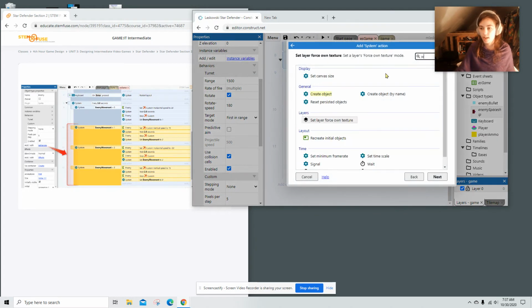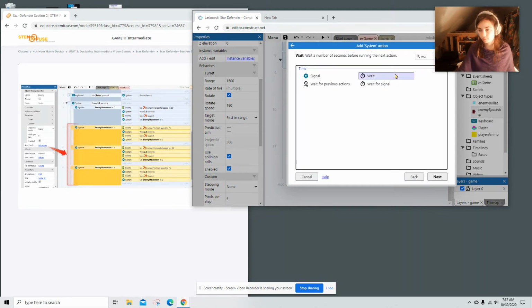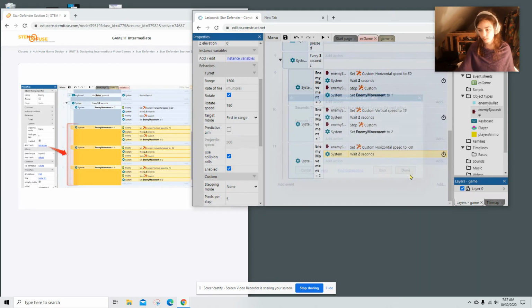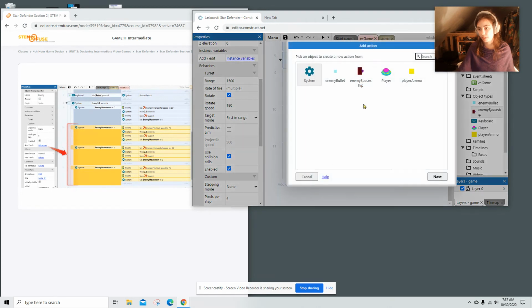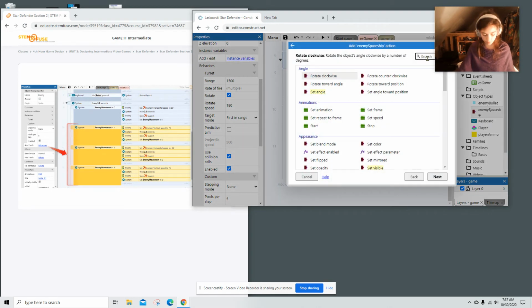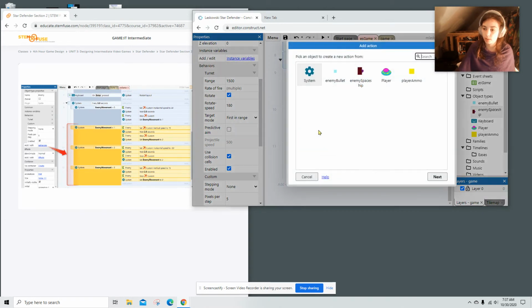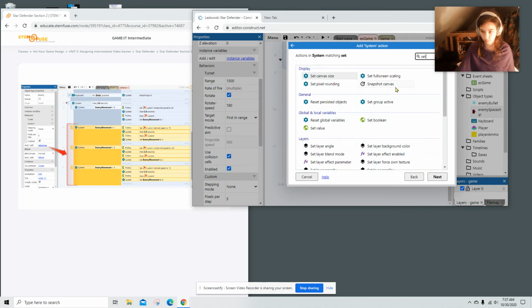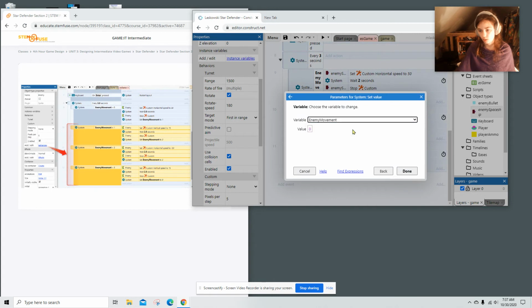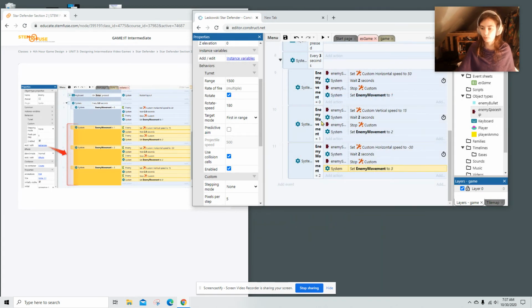All right, so now we're going to wait for 2 seconds. Then we're going to stop the action. All right, stop. And set our global variable to 3. Check that out. We're almost done. 0, 1, 2. Now we need to do the one for 3. And again,